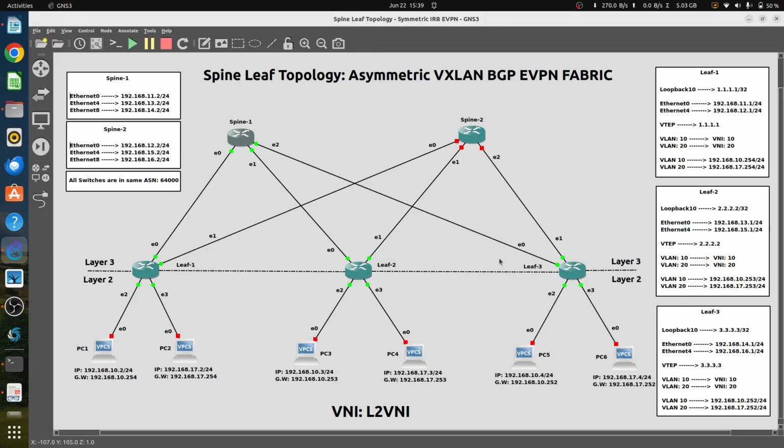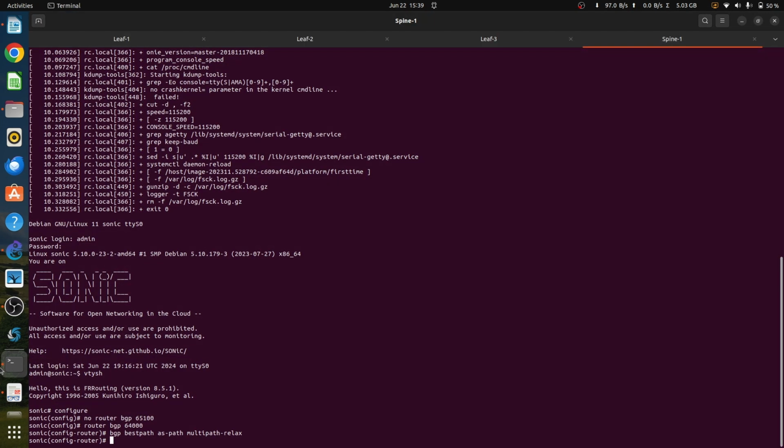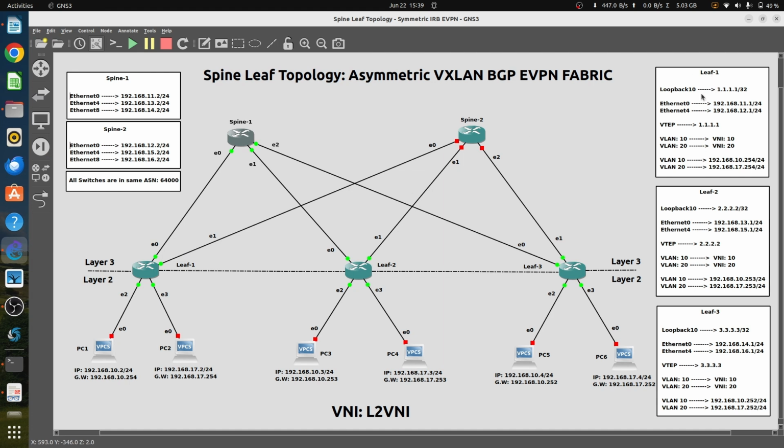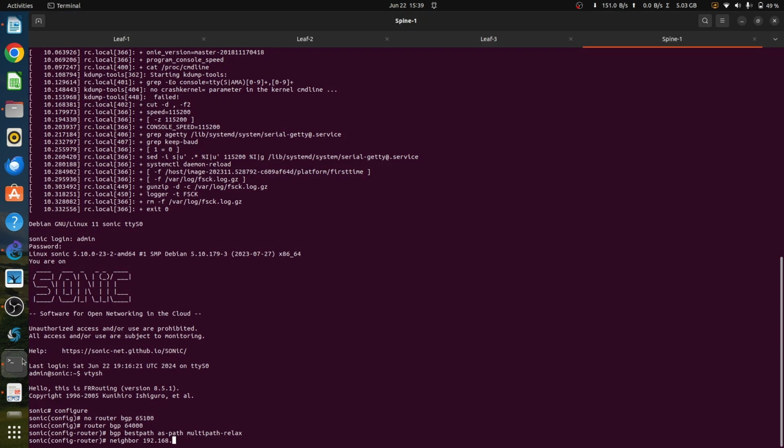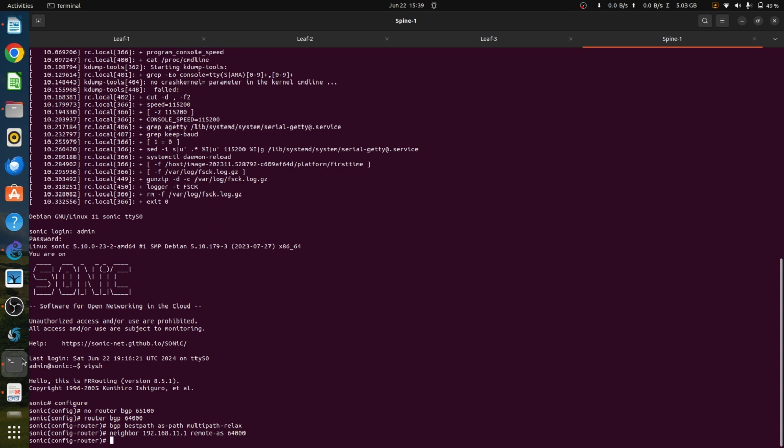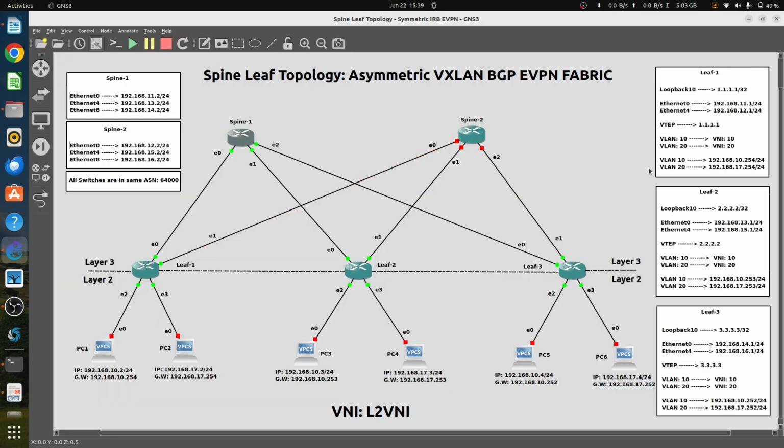Leaf 1, leaf 2, and leaf 3 are the neighbors of spine 1, and the ports will be Ethernet 0 of leaf 1, Ethernet 0 of leaf 2, and Ethernet 0 of leaf 3. Here, what I'll do is neighbor 192.168.11.1, the neighbor spine 1 is 11.1.11.1, remote AS 64000, and then the neighbor is